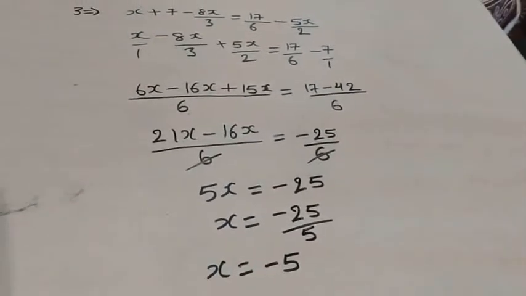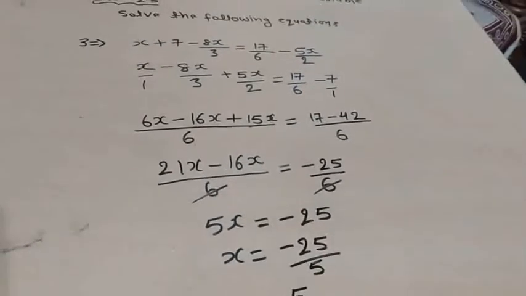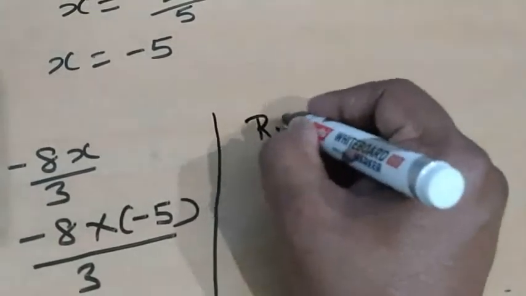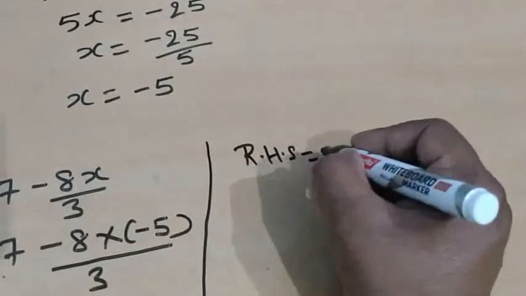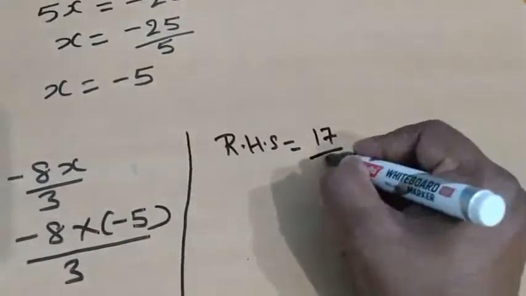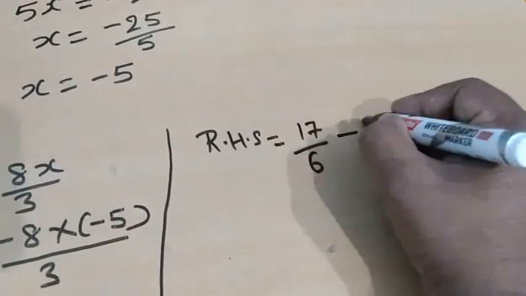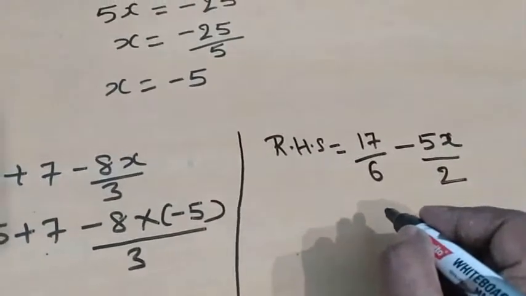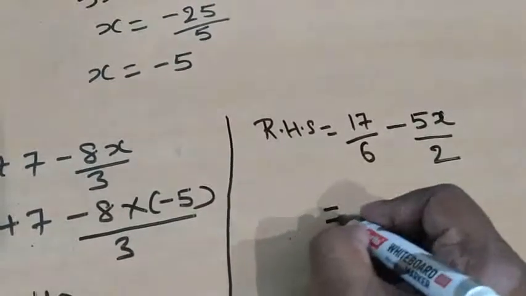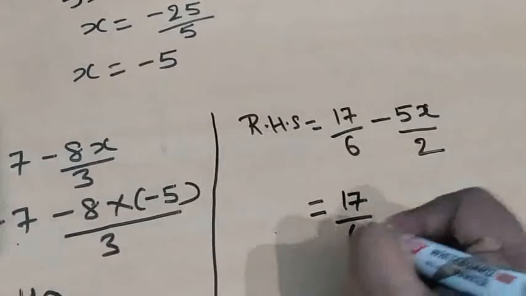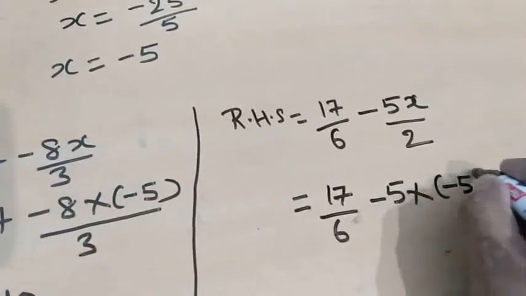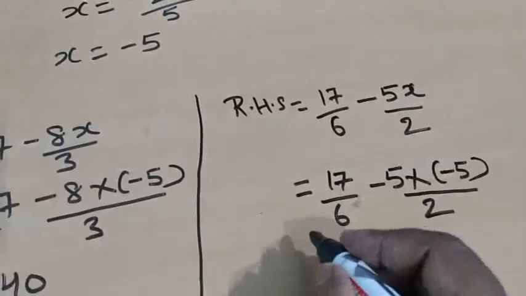17 by 6 minus 5x by 2. Okay, so let us check here our right hand side. So right hand side is equal to 17 by 6 minus 5x by 2. Clear? So the value of x is here, you can see we solved minus x is equal to minus 5. So this is 17 by 6 minus 5 into minus 5 by 2 is equal to